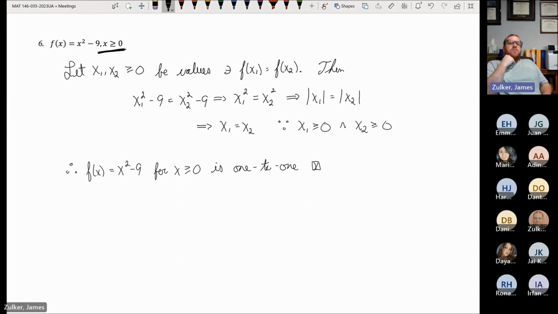Technically, no. This would give you an idea, right? But to show it's not 1-to-1, you have to find two values, x1 and x2, that are different, but yet f of x1 equals f of x2, right? So let's pretend that this condition isn't there. So we'll say that the condition that x is greater than or equal to 0 doesn't exist, right? So it's just all values of x. What I would do is I'd say, okay,